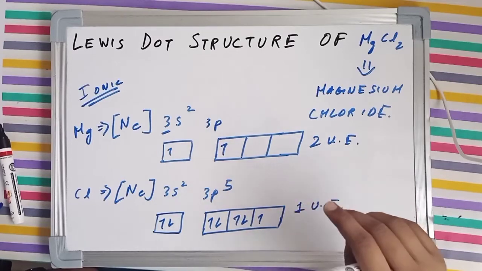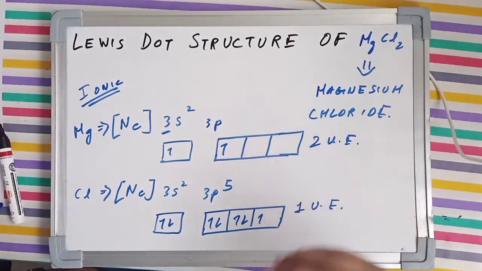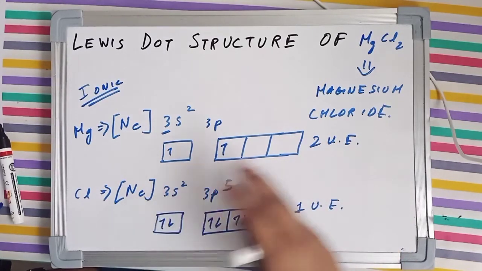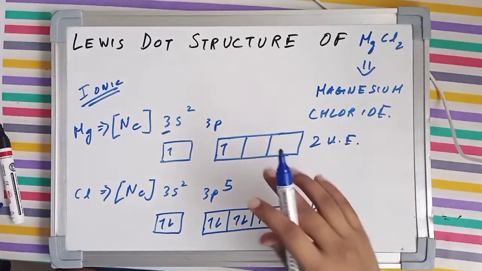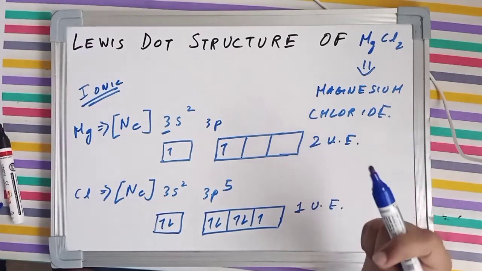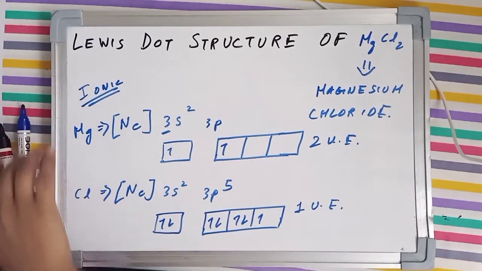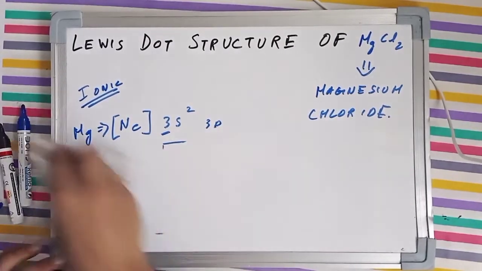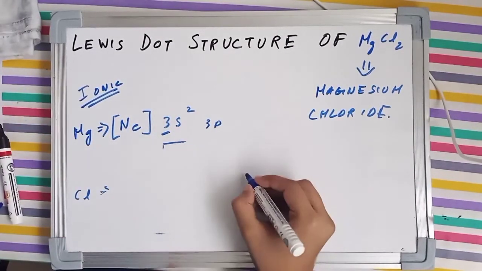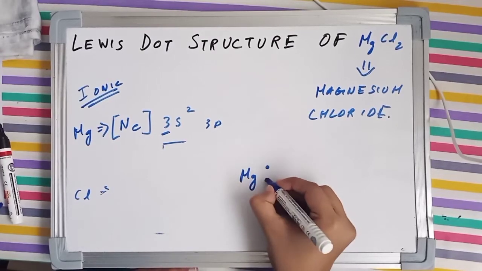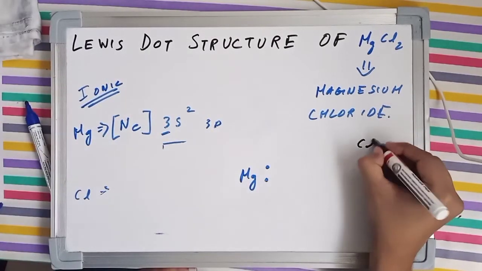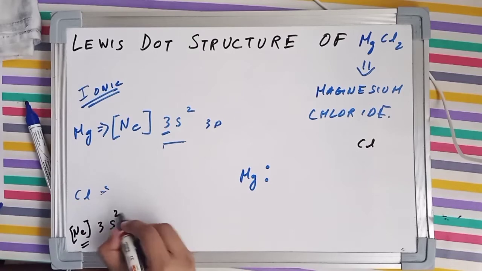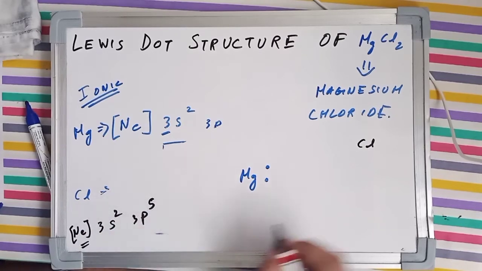Now since it is an ionic compound, I said that it is not going to make bonds, whereas right now I was talking as if chlorine and magnesium are going to make bonds, but that is specifically for covalent compounds. Now what will happen in MgCl2 is this. Magnesium's electronic configuration was 3s2, so magnesium will have 2 electrons, whereas chlorine has 7 valence electrons. Why? Because its electronic configuration is the inert configuration of neon, then 3s2 and then 3p5. So 2 plus 5, 7.